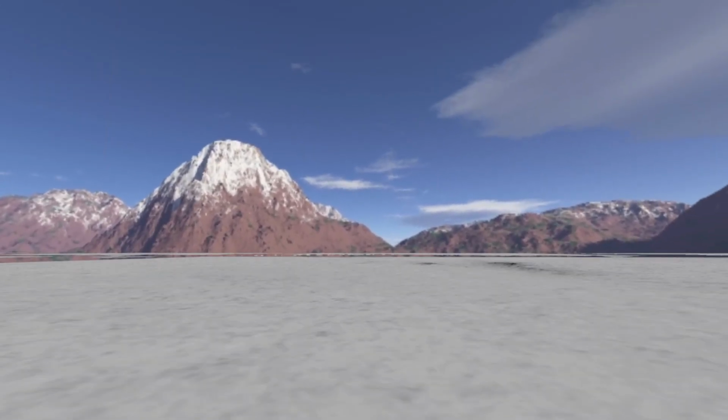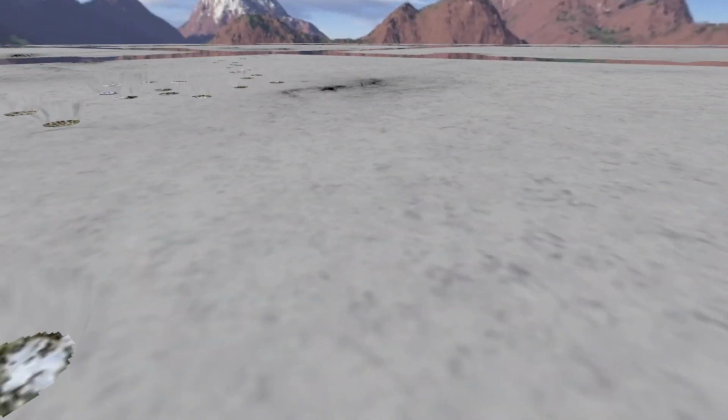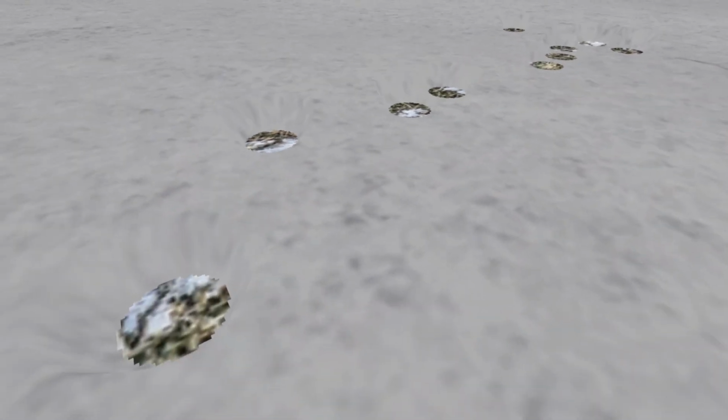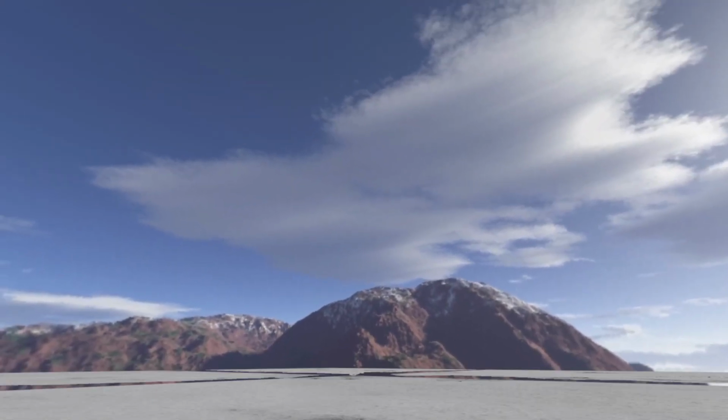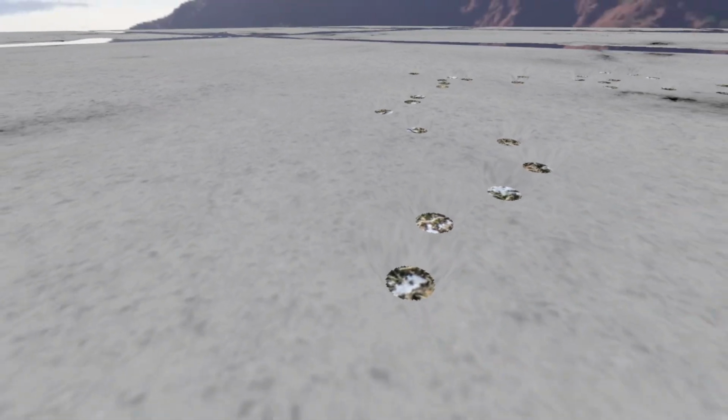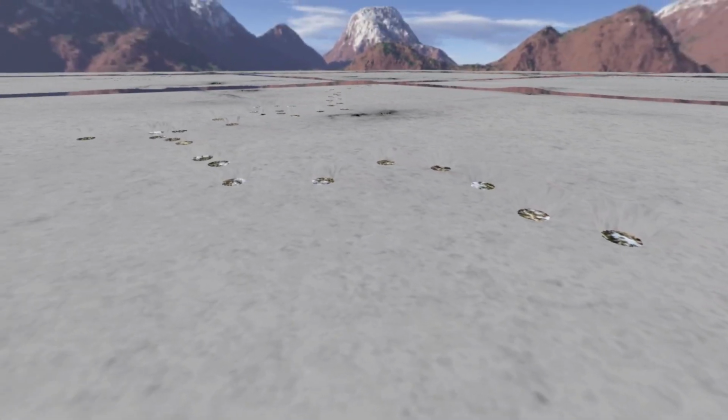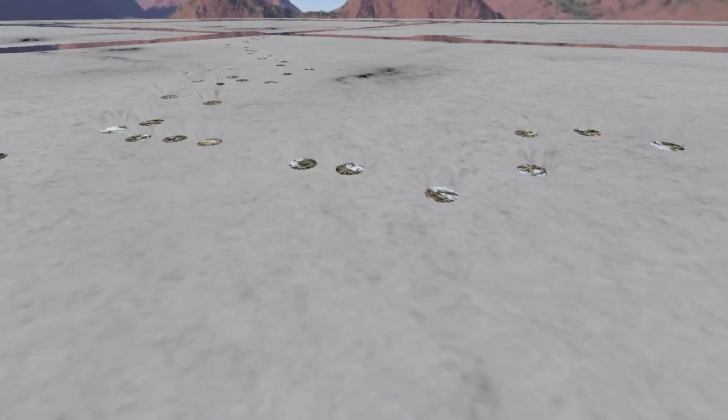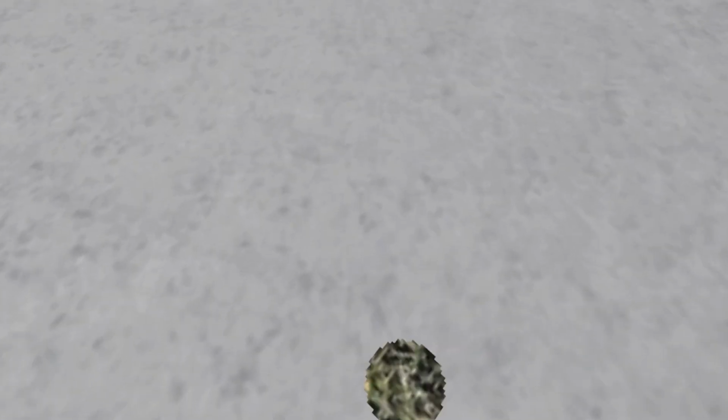Now, a shortcoming that you'll see on the report is that these footprints are not obscured by the snow itself. So as the player walks around, you can see that the footprints in the back are still visible. And the footprints will actually alternate left and right depending on the player's movement. So yeah,